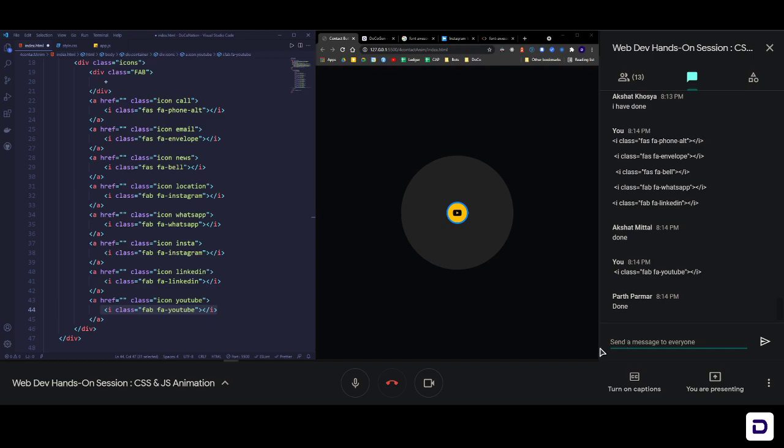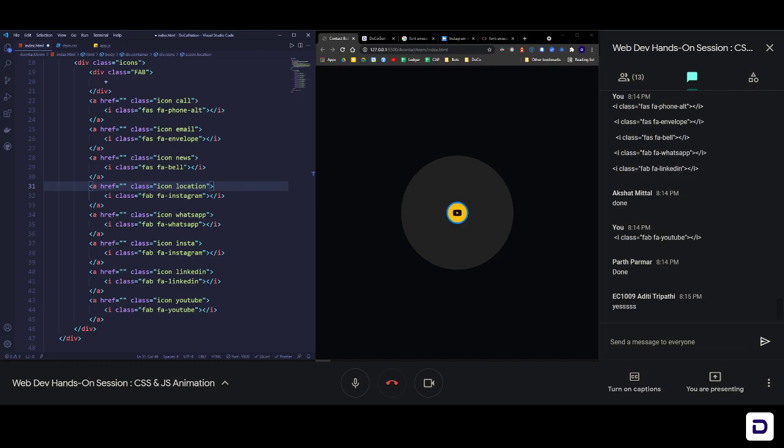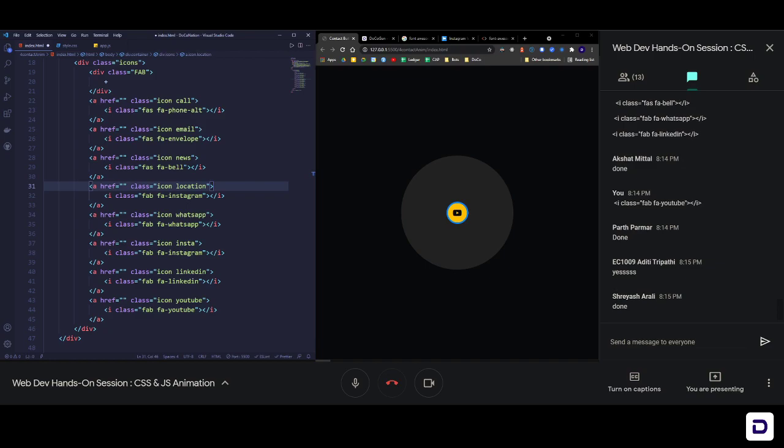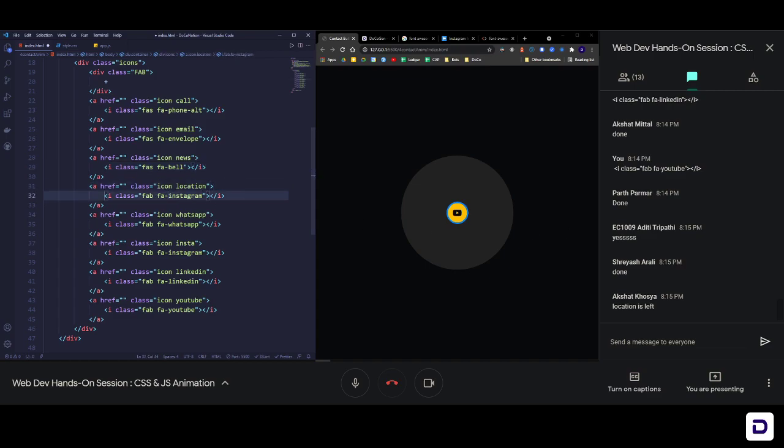So shall we move ahead? Continue with this? Just write let's go in the chat box and we'll move ahead with this. Okay, Aditi is also done with it. That's great. Shreyas is done with it. Location is left. Acha, okay. Let me drop location as well.